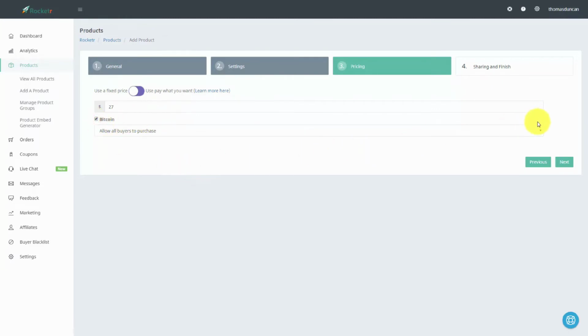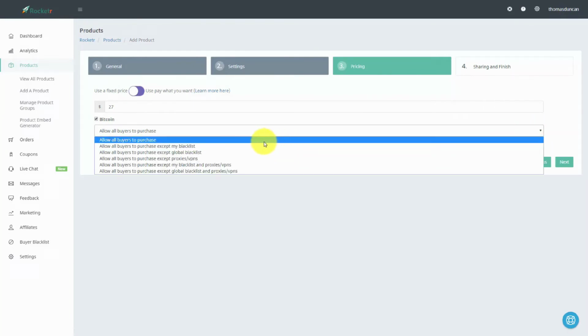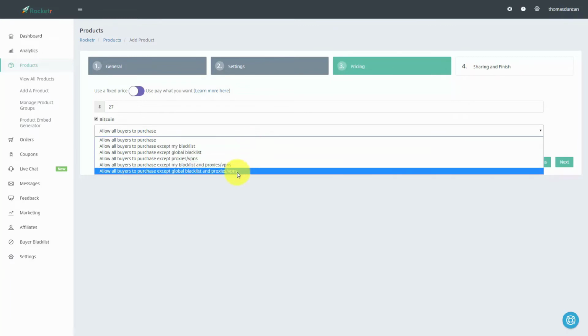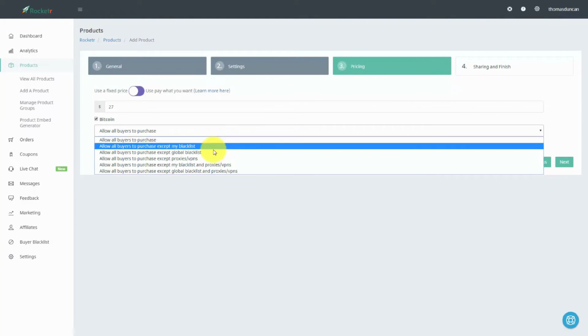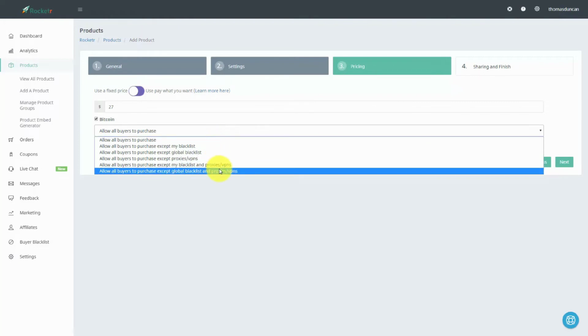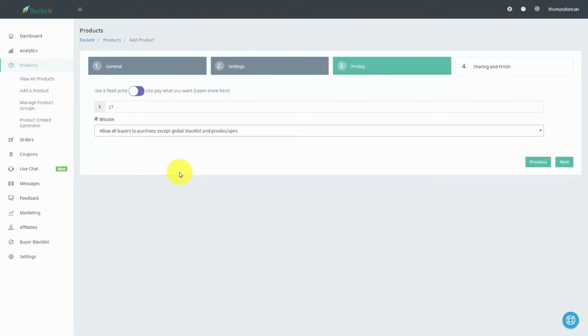And then we can actually use a couple of features here, and Rocketer will allow everyone to be able to purchase with the exception of certain limitations. So we can limit people by our global blacklist, and anyone buying from a proxy, which typically indicates some kind of lack of trust, or we can allow all buyers to purchase. The most conservative way to allow people to purchase would be to not accept purchases from people on a global blacklist and proxies. So in this particular case, we're going to use the most conservative method,